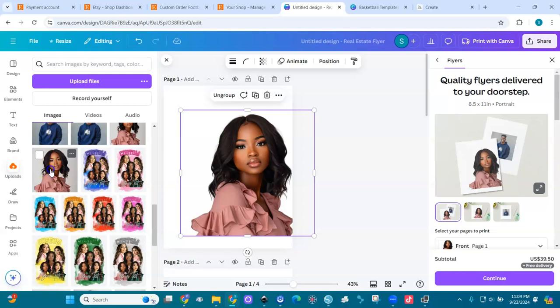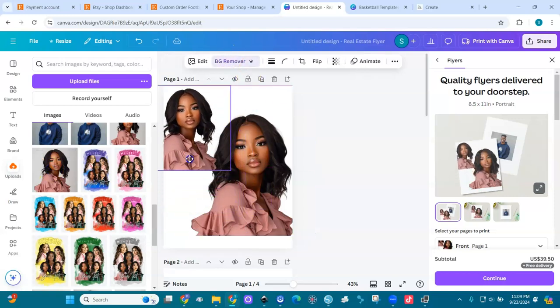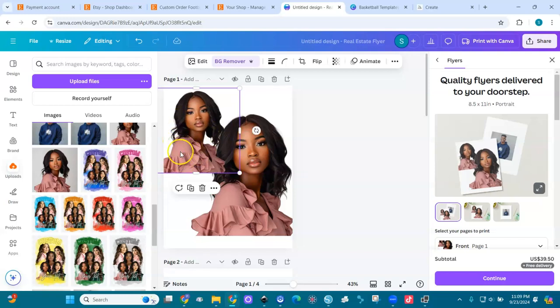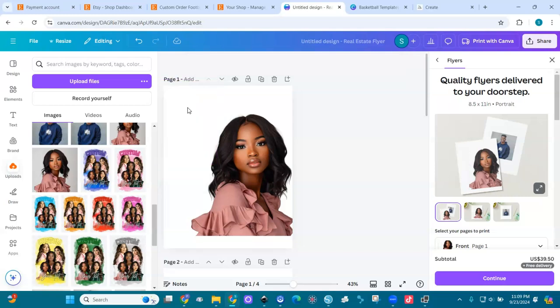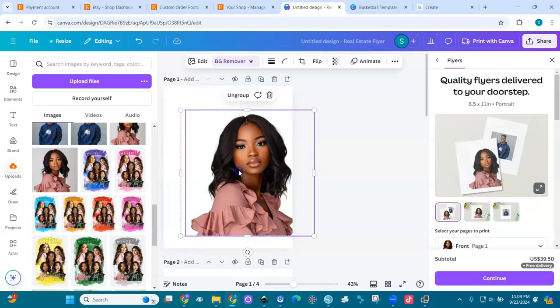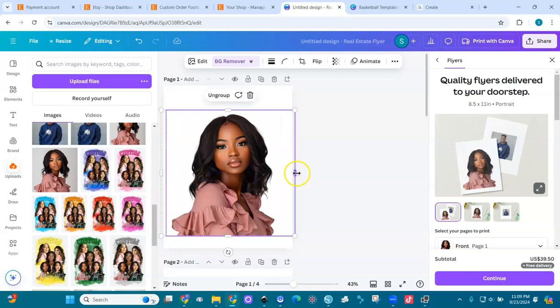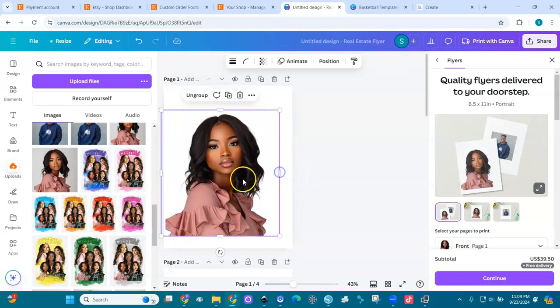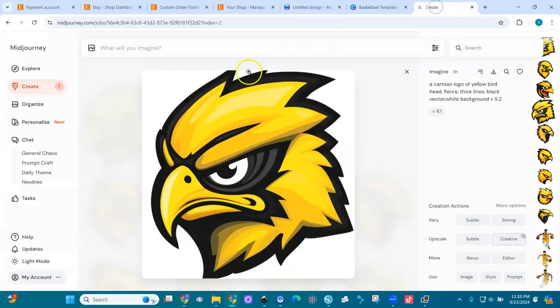Let's go back here. Remove the background. You see, she was like this before. Like there's no hair here. And here we had an opening. But now her hair is filled in the back here and this. So this is one of the ways you can edit your pictures in Canva. The other thing is, for instance, if you're selling digital products, you can create images in